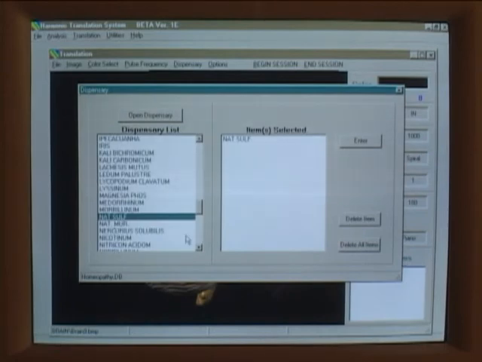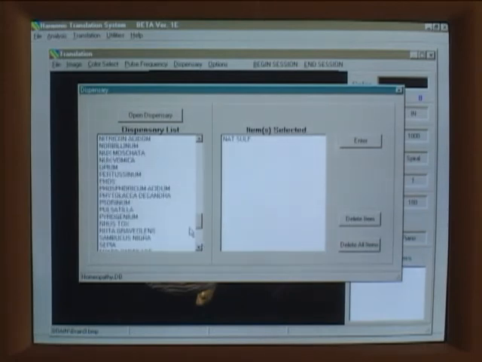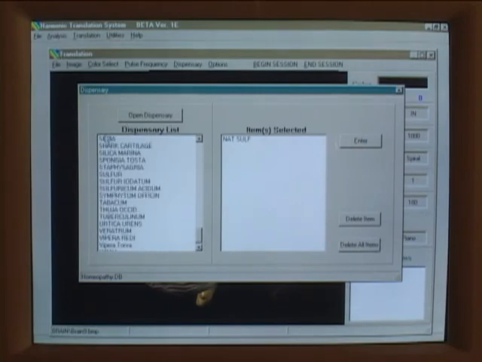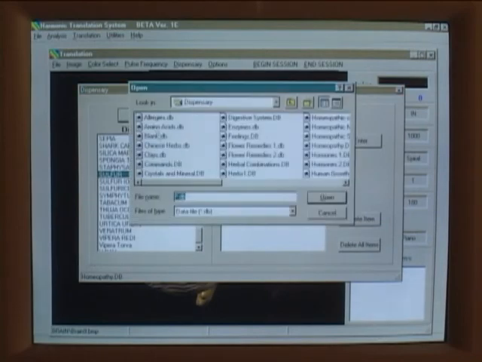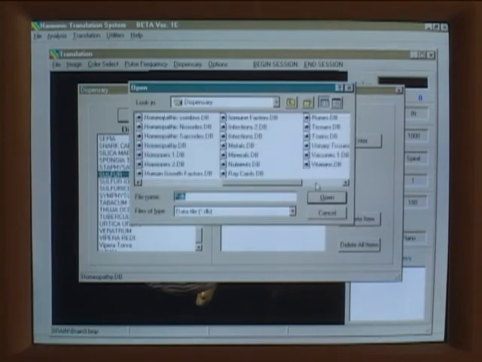We continue the process of combing through. I feel another reaction here. I get a reaction on sulfur. A double click brings that up into the treatment buffer. And I feel no more items here. So I go back to the Open Dispensary button and I further am looking through categories,